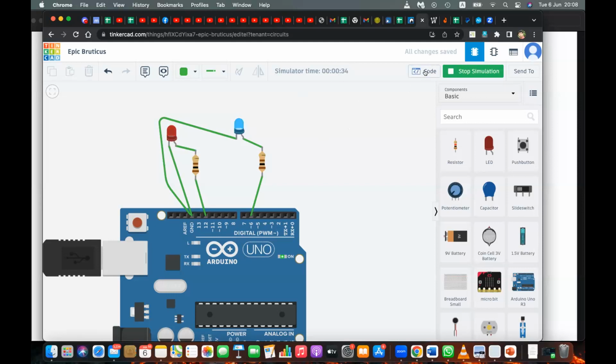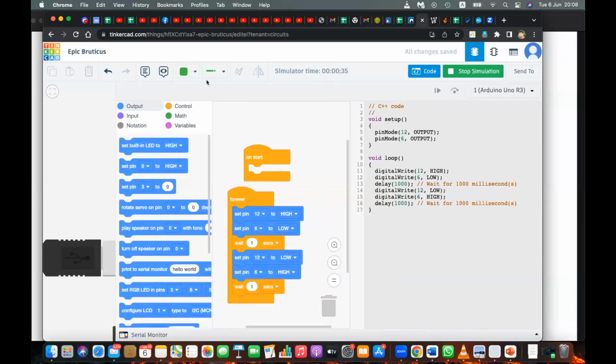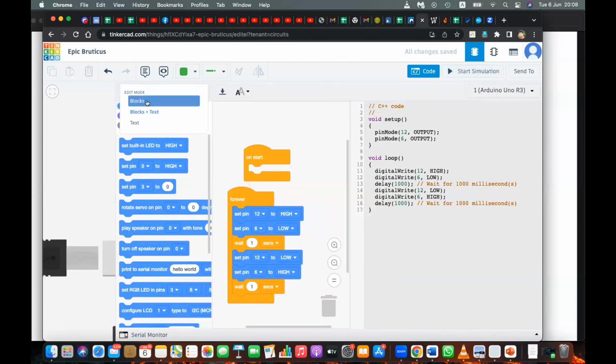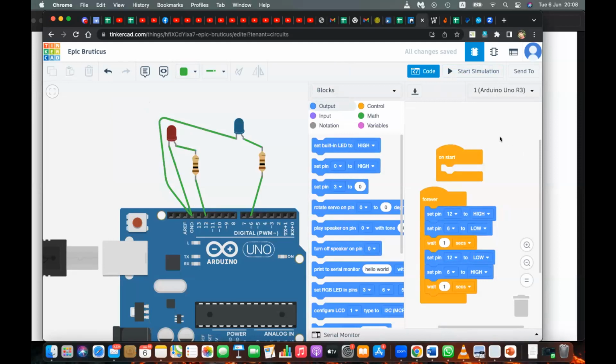Okay, do it, and the code will be something like this. Let's remove the text part and just keep the block part only, and you can see the code like this. Okay, you can try it now. It's not difficult, it's easy. Try it now.